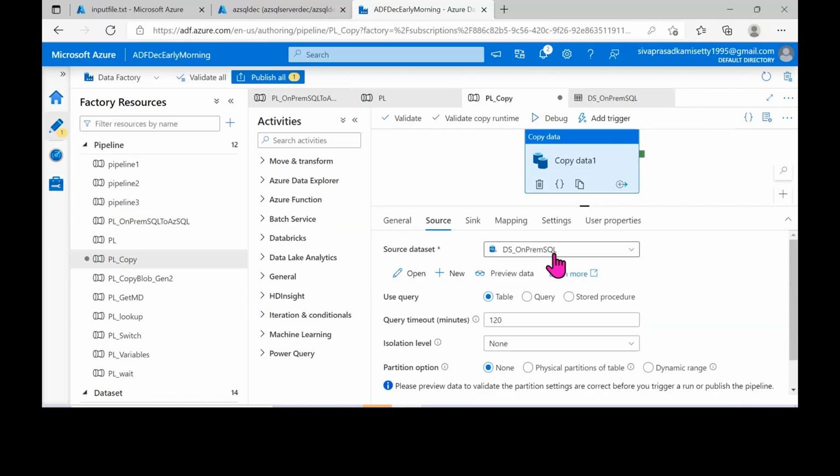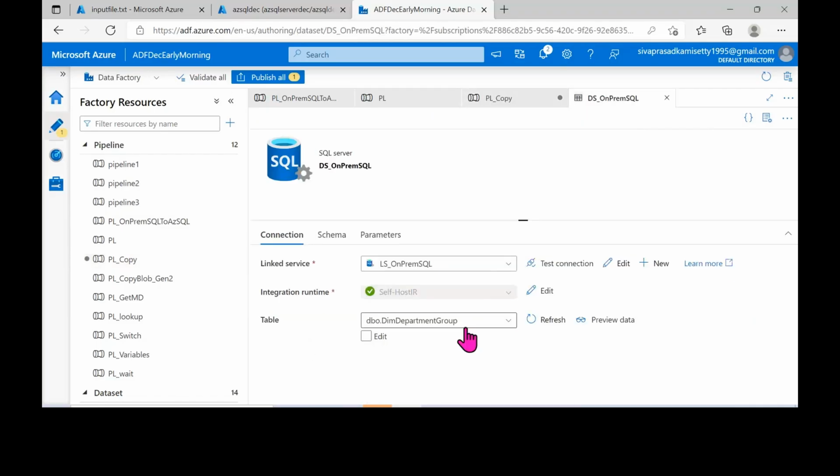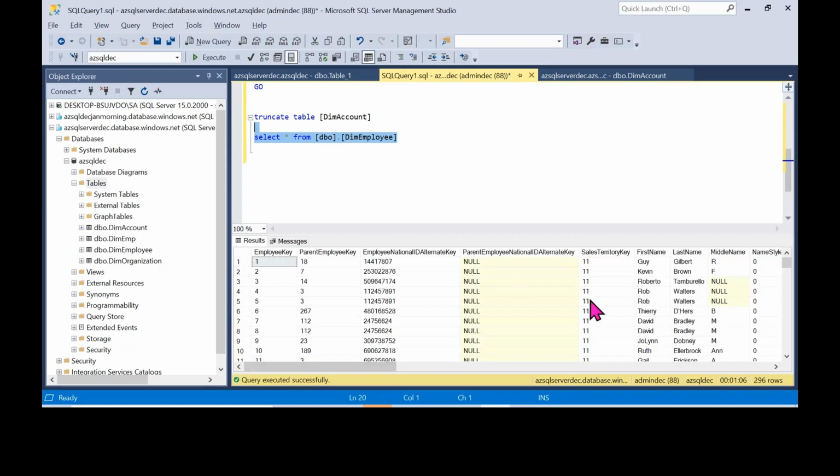Okay, this particular data will be moved to your Azure SQL. So you will have to do the same for the second table also. Change the table name and then move it. For the third time also, change the table name and move it. Once you move it, the data will be present inside your Azure SQL, right? Come back to your Azure SQL, just run this